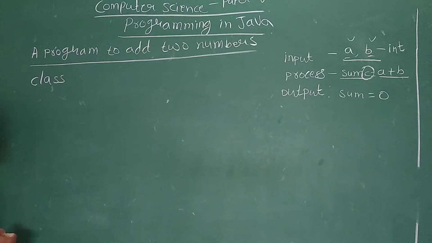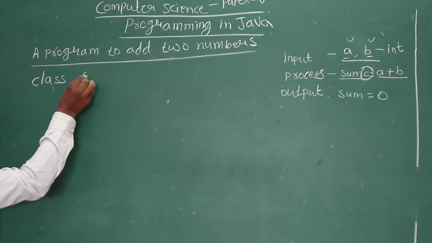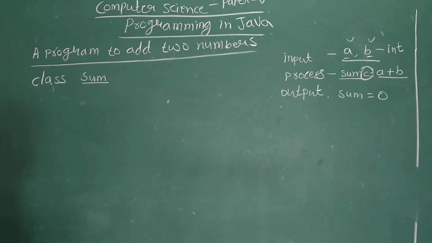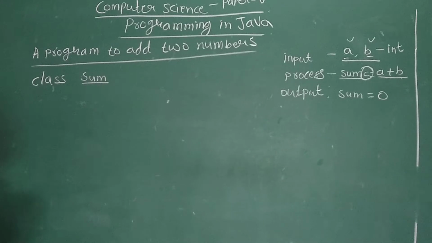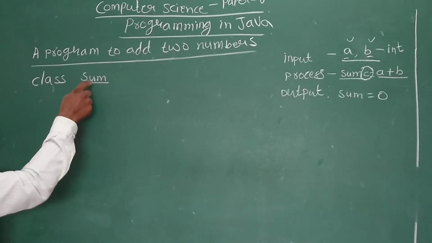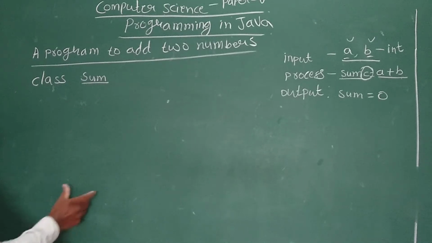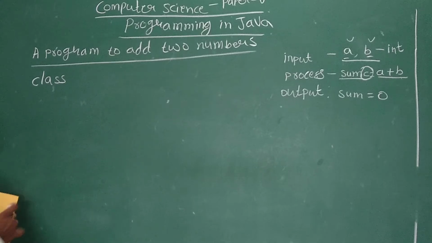What is the class name we have to give? Because this is performing the sum operation, I am giving Sum. The class name always tells what the program does. It is suggested to do like that. It is not a rule. It is not mandatory. For example, instead of Sum, I could give Nilagiri. It also works. But it is better to give a class name that describes what the program contains. So I am giving the class name as Sum.